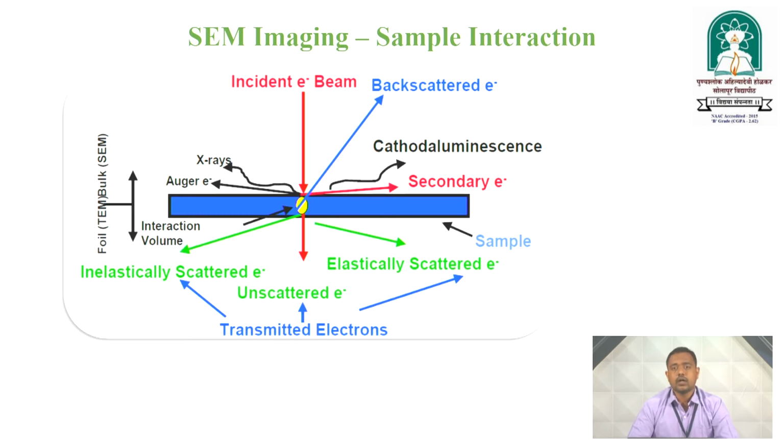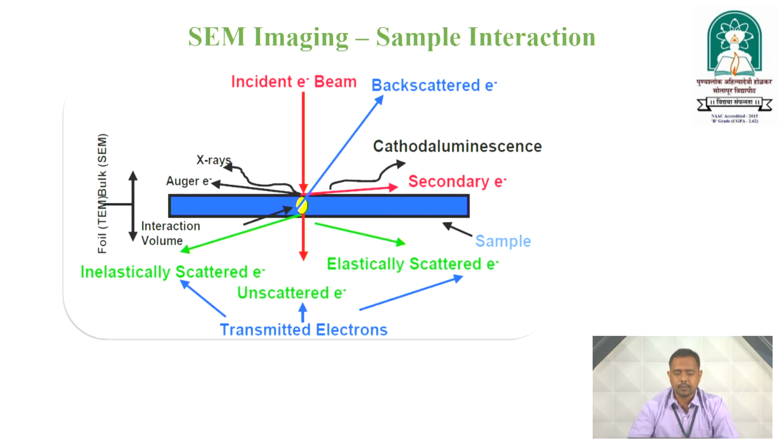The Auger electron is nothing but this: once the electron is ejected during the secondary electron emission, that place is filled by a higher energetic electron from the outer orbit, and during the filling of that vacant inner orbit, the electron makes an auger-like motion, and that is why it is called an Auger electron. This Auger electron is used for Auger electron microscopy, where detection of chemical species is possible by